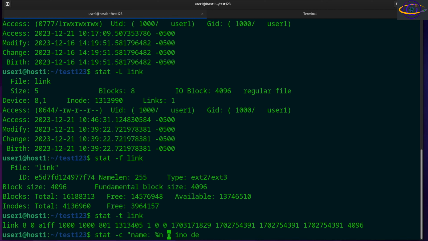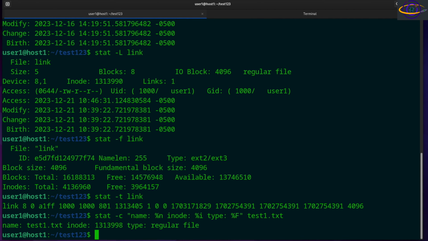So %n, and for inode, you can say %i. The %i will give you the inode number. %F will give you the type. Close that up and say for test1.txt. So you can stat it, and it will basically only give you the info that you requested